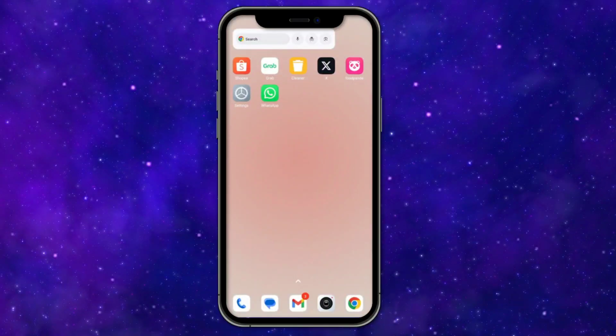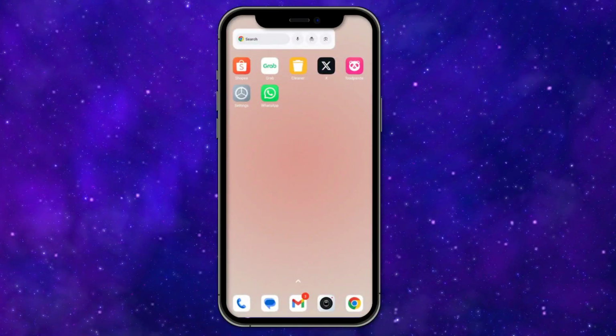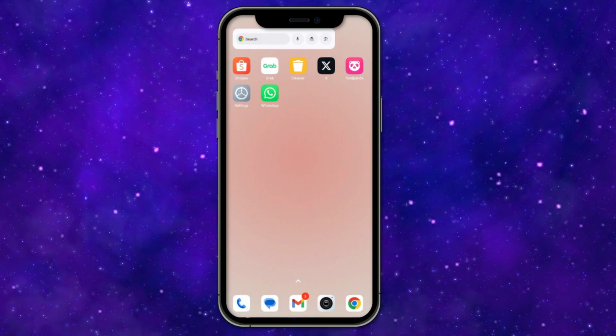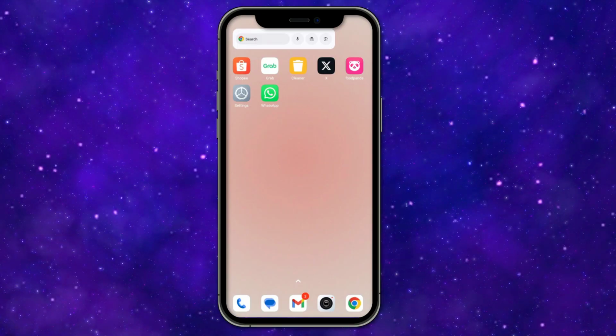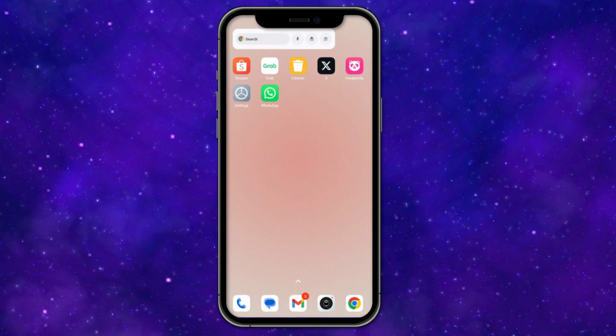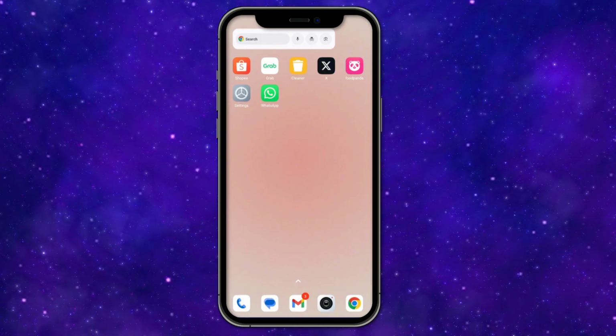How to get Blackmagic camera app on Android. In this video, I'll show you how to get Blackmagic camera app on Android. So to get started, go ahead and open your Android device, and then on your Android device, go ahead and